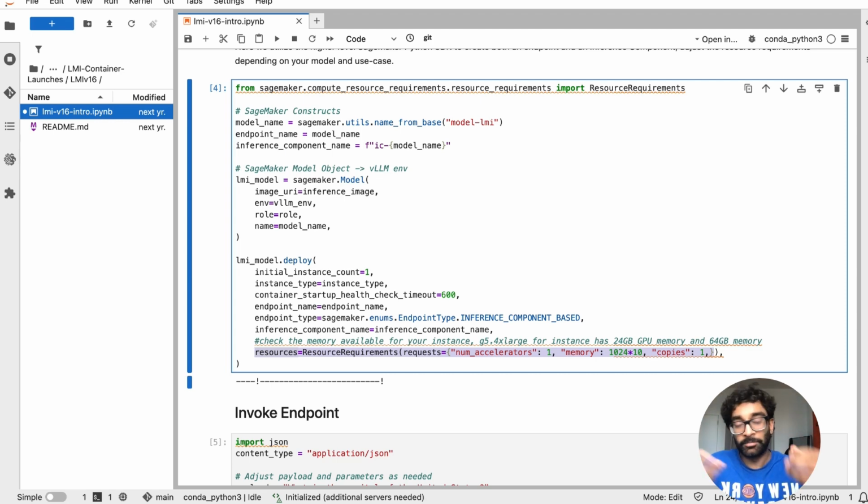You can imagine this becomes pretty powerful, where you can allocate compute, and you can also, we don't do it here, enable a scaling policy for each container depending on the resources you've allocated here. So one copy of this model or container preserves a singular GPU behind your endpoint at all times, and this amount of memory. Once again, like I said, you have to check your instance memory and compute, and do some math in terms of what you actually need to host this, and especially as